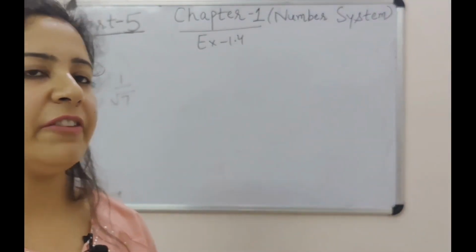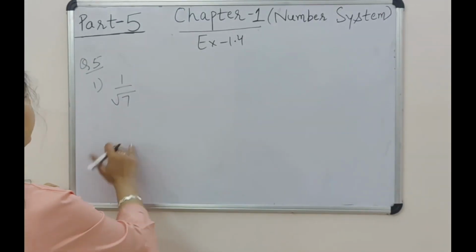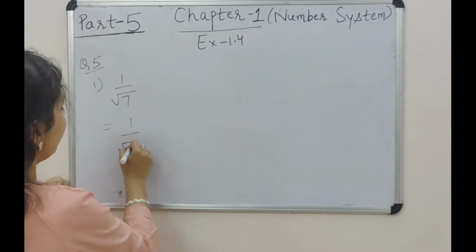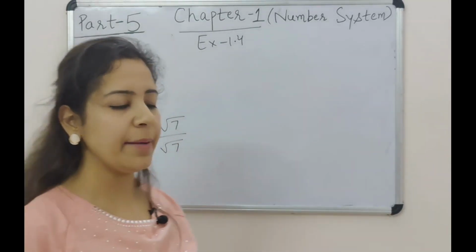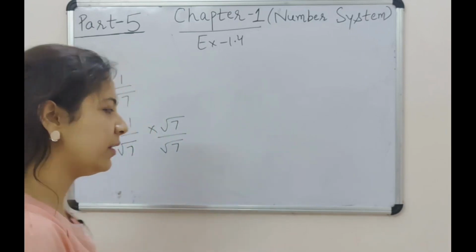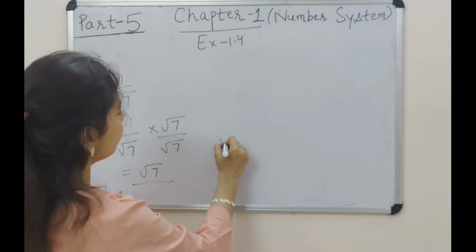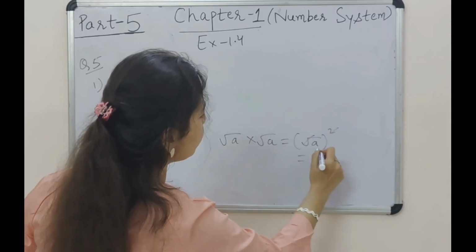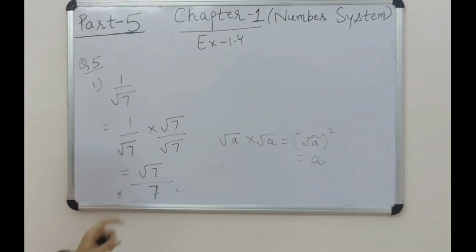Check your question 5, the very first part. Again, you have to rationalize the expressions given in this statement, right? Since there is only a single term present in the denominator, what you have to do here is multiply and divide by the same value. Because there is no sign here, so you don't need to consider the opposite sign. Whatever single term is given, as it is, we will multiply and divide by it. 1 into root 7 becomes root 7, and clearly we know whenever we have root a into root a, that becomes root a square, which means this will be written simply as a. So it will become 7 clearly. So clearly your denominator has become a rational number now.